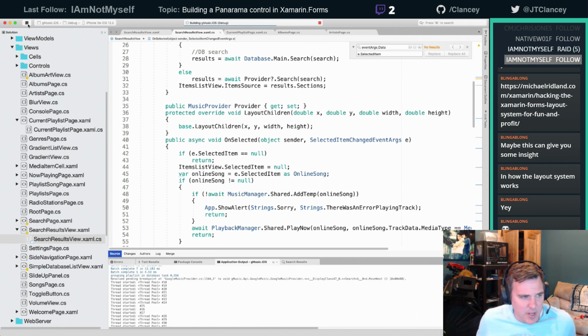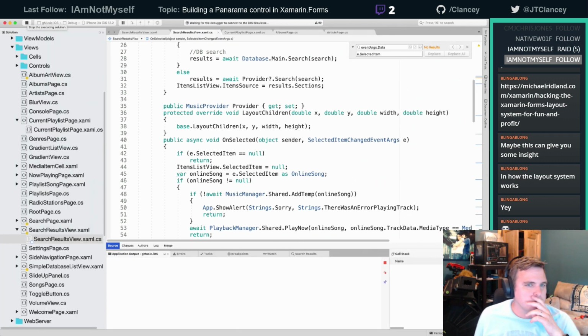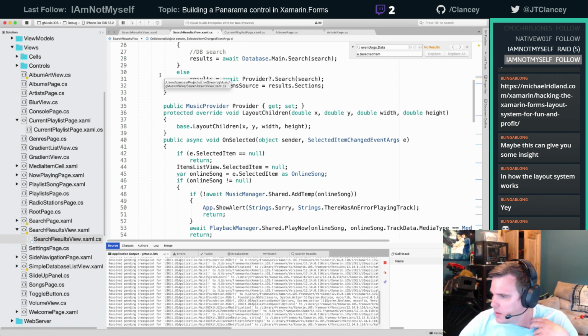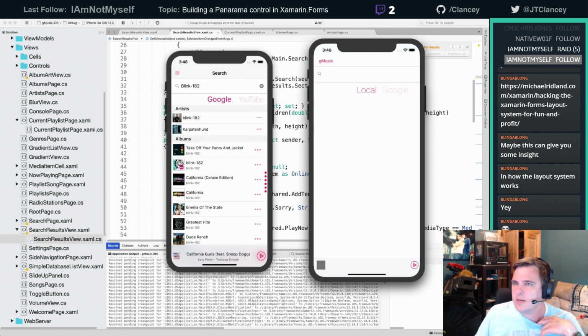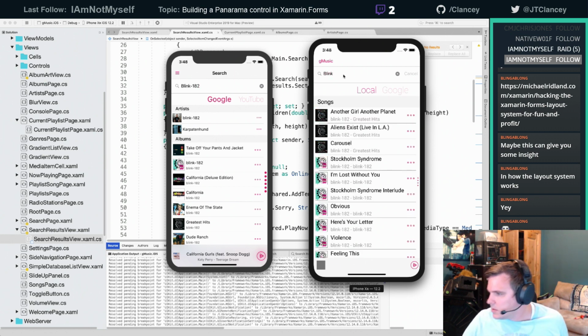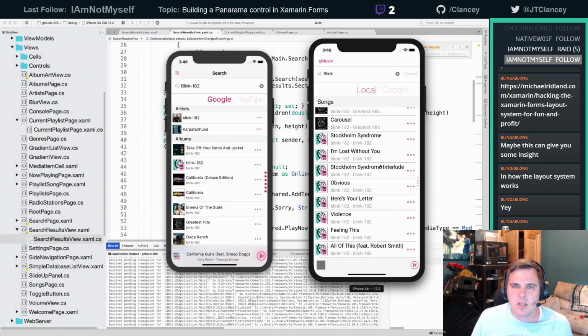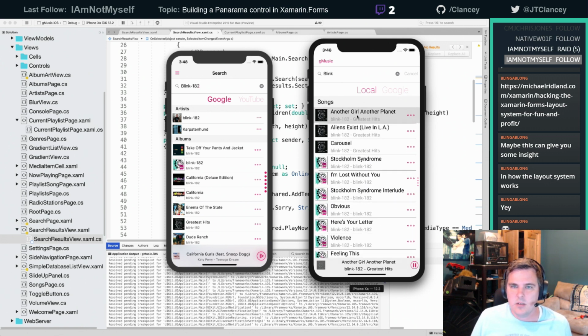I have something working. Makes me excited. I wonder if you guys are hearing sounds from this. I do this, might be able to hear sounds. So if we do blink, search, let's go. If we click on a song,